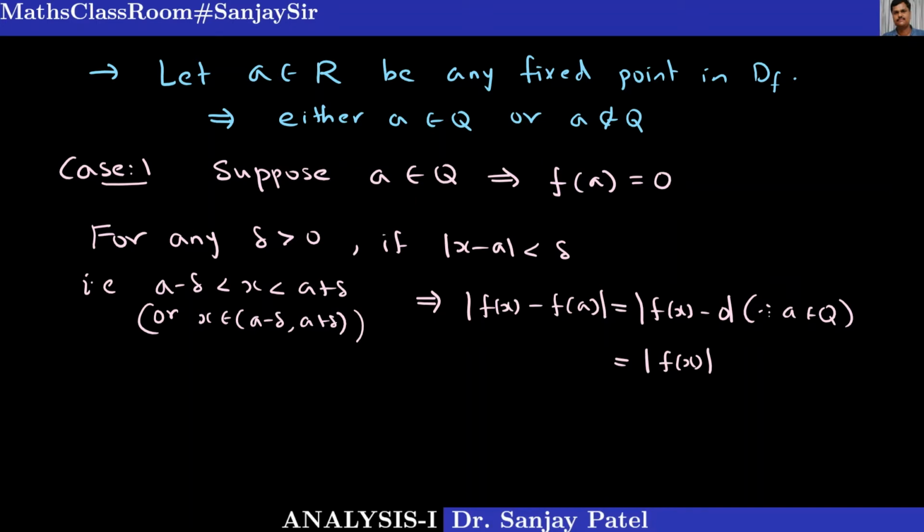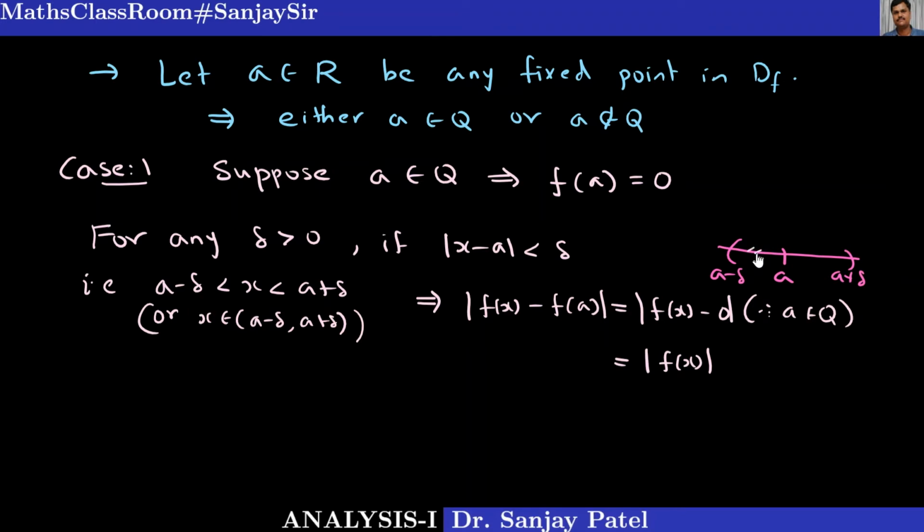So if I draw a number line here and explain, this is a, this is a minus delta and this is a plus delta. If I take any point between a minus delta and a plus delta as x,